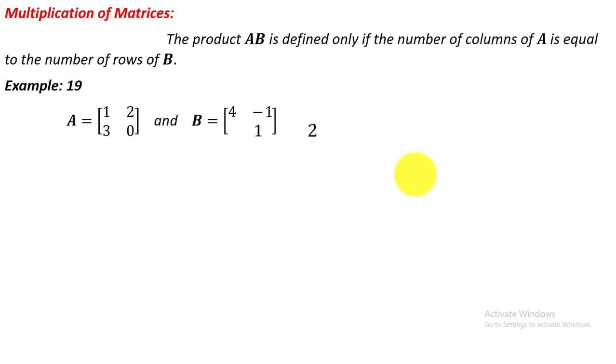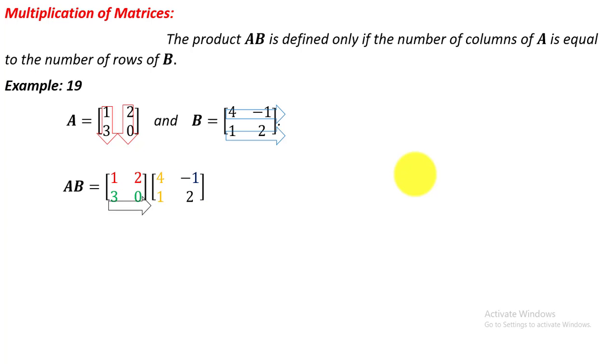Example, there are two matrices given. A is a matrix having two columns and B is a matrix having two rows. So these two matrices are conformable for multiplication. The product of A times B is defined as